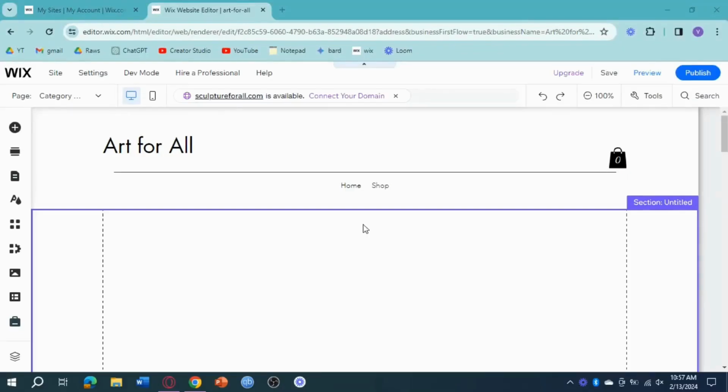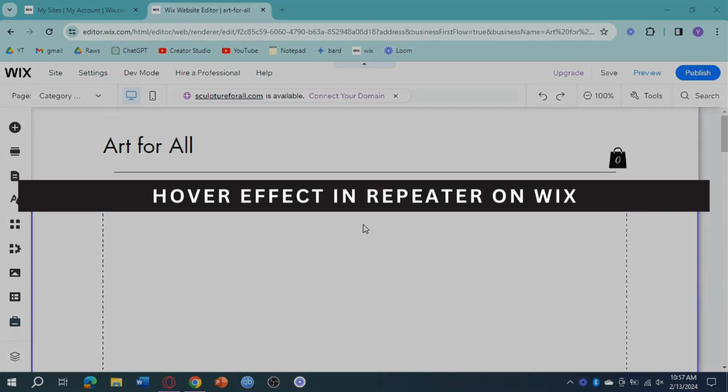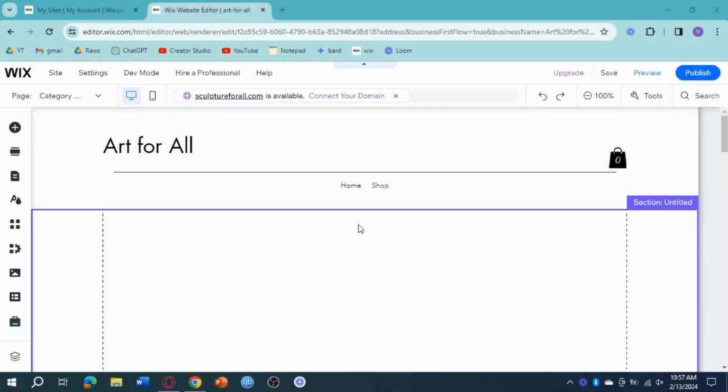Guys, welcome back. In this video, I'm going to show you hover effect in Repeater. Let's get started. So in here, you can see that I have opened my Wix website editor and I have